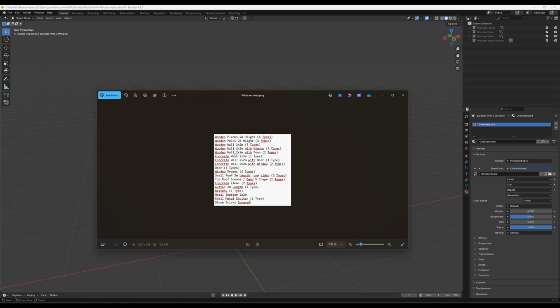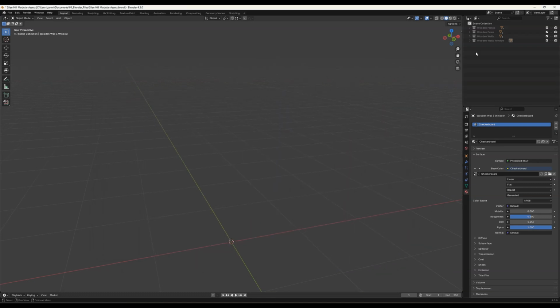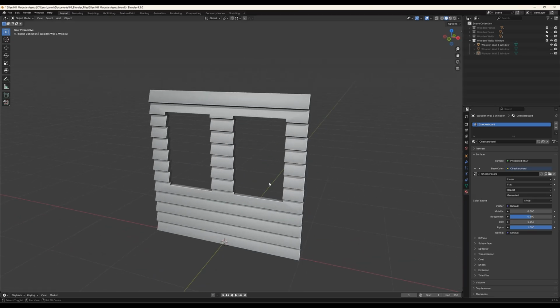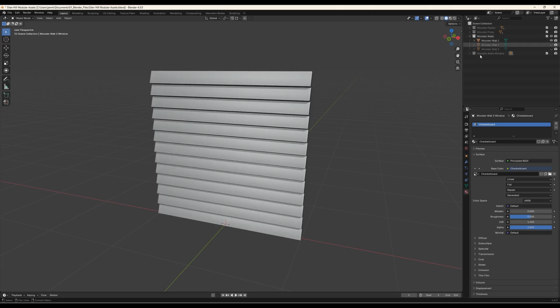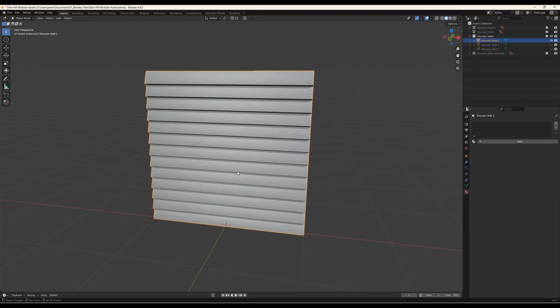So let's just do two types with a door. So we have this one. Let me show you. And why don't we just get this? So in the previous collection, we have this wooden wall 1, and we can just Shift D and click, and we get this wooden wall 1